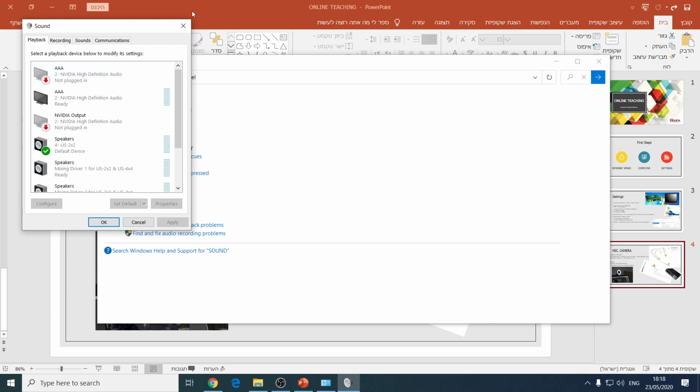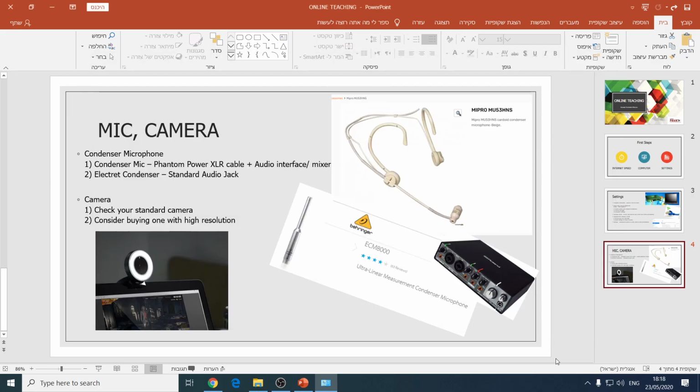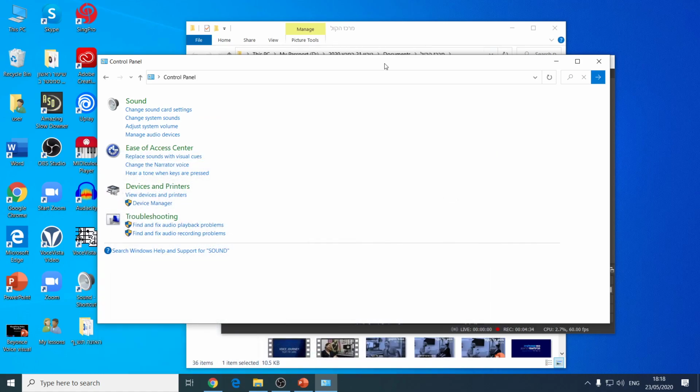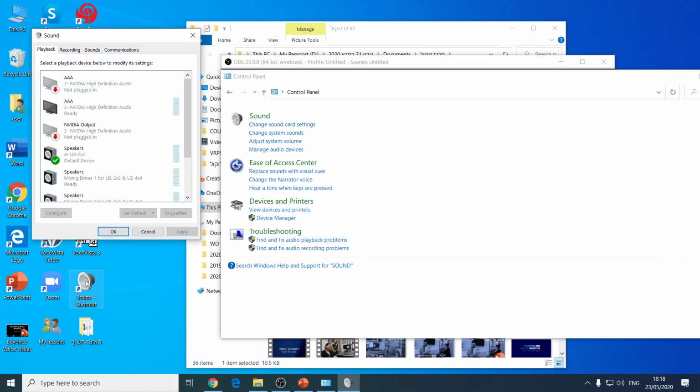What I've done is I right-clicked this one and created a shortcut on my desktop, which is always good because sometimes my computer forgets the settings and I need to set it up again. If I go to my desktop now, you can see I have a shortcut here. I can just go into my sound settings and make sure I'm using the interface that I want,